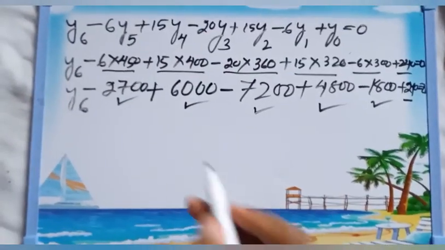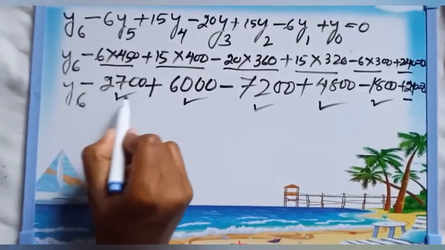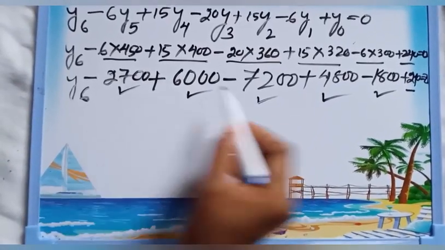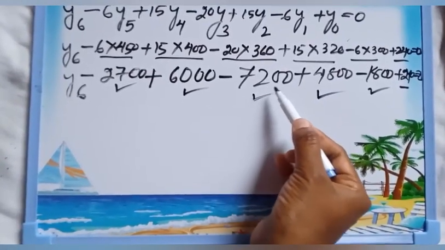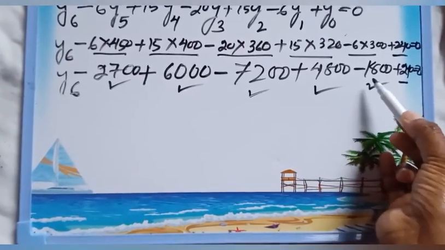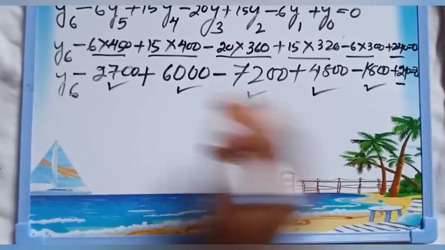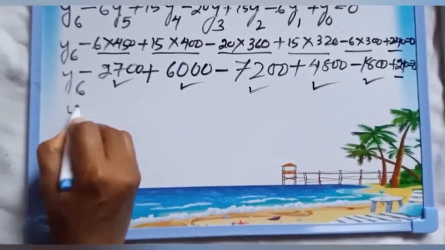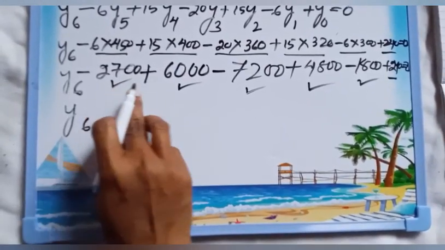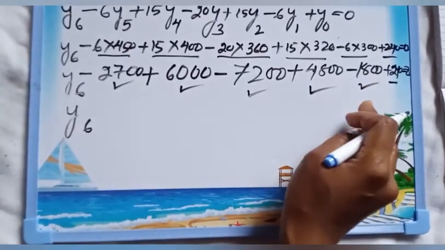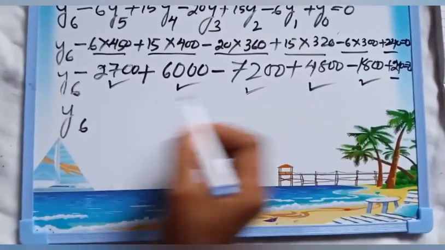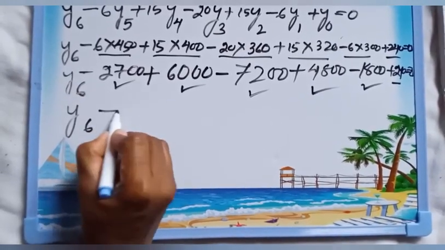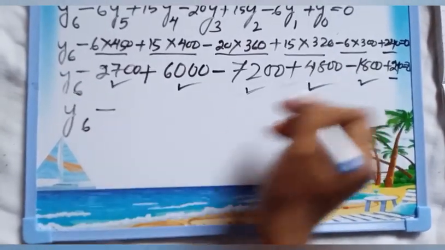We have to do, just we'll see here the negative values. How many negative values are there here? Minus 2700. Next one minus 7200. Next one minus 1800. Just what you have to do, we have to add these three numbers. First we have to write y6 as it is. Just we have to add these three. After adding these three, we have to write that value. But here we are taking minus values, so for that you have to write minus here, and adding these three values we will get here